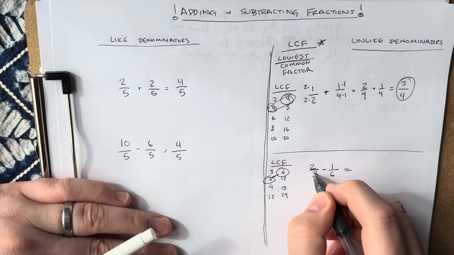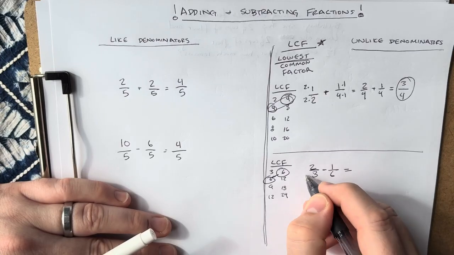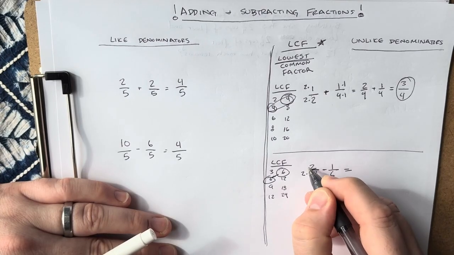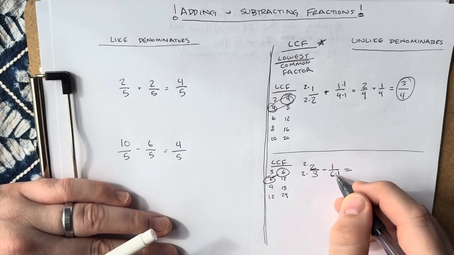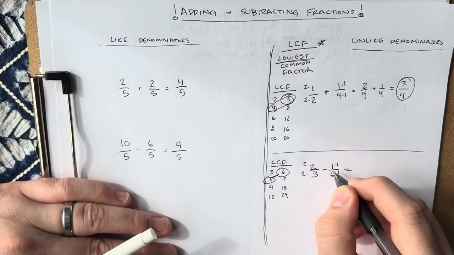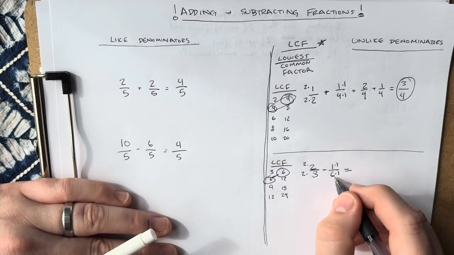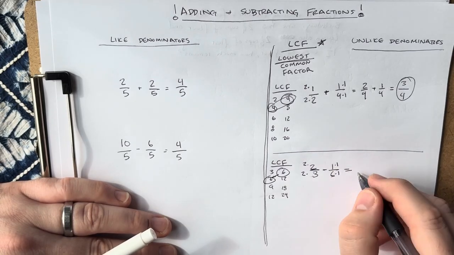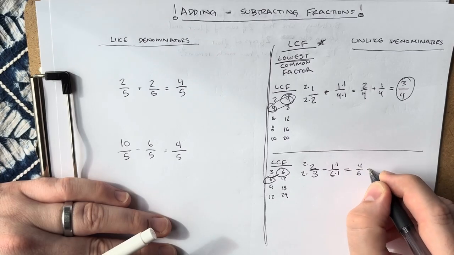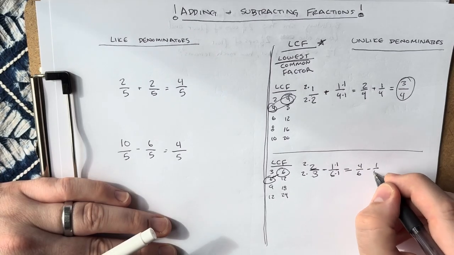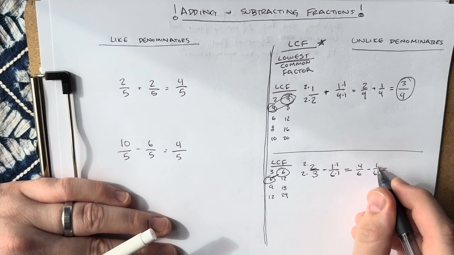So what do we do here to get this to 6? Times 2. Do the same to the top. What do we do here to get 6? Times 1 to keep it 6. Times 1 here. Do what you do at the bottom, you do to the top. So now we have 4/6 minus 1/6. 4 minus 1 is